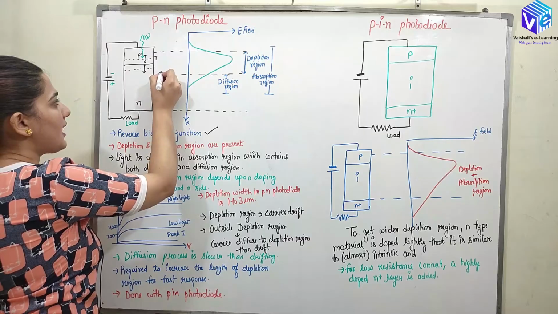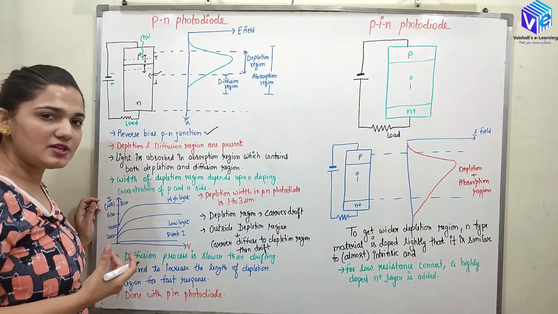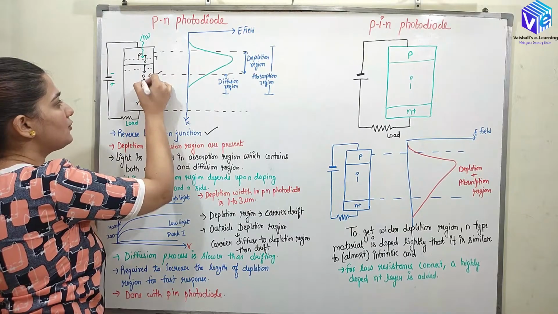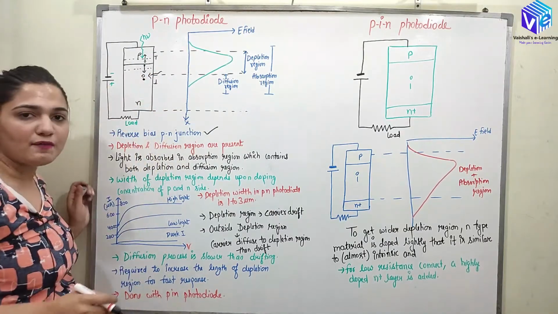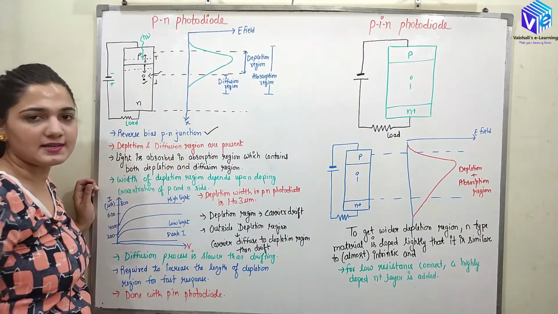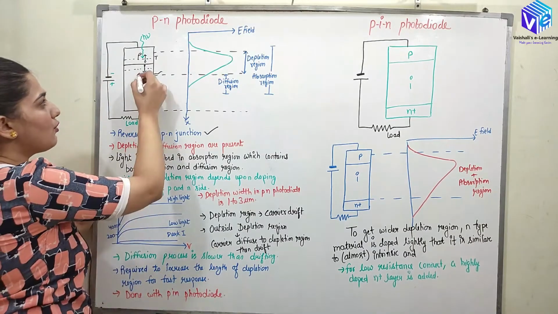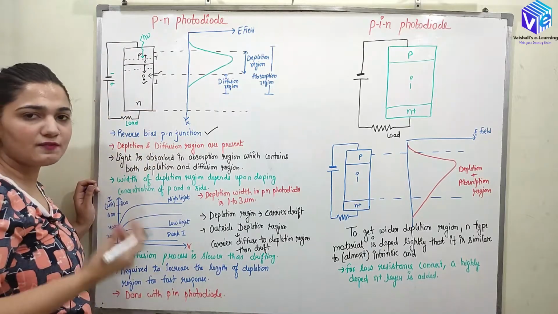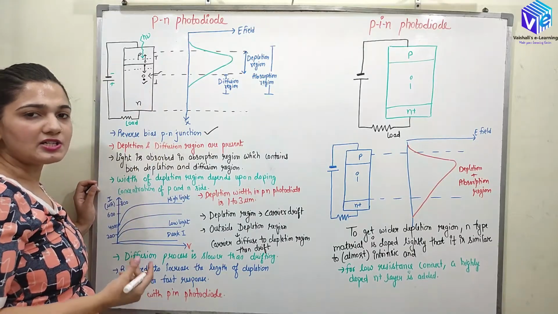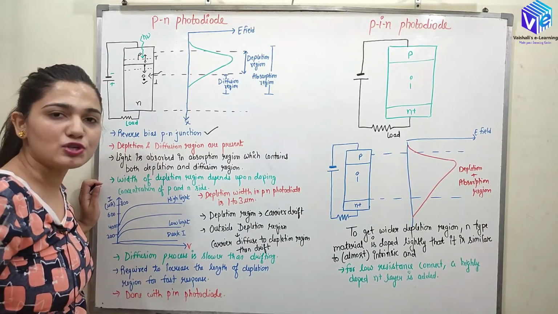Now let's suppose the light is falling on this region. I said we can fall the light near about the depletion region as well. So when the light falls on this region, we are generating an electron hole pair. So this is the N type of region. Here we have already an excess of electrons, and one more electron is present. But here we have fewer holes and one hole is present. So this hole, because we have some external electric field also applied, is here in the minority concentration. It will start moving towards the P side because of the diffusion effect.